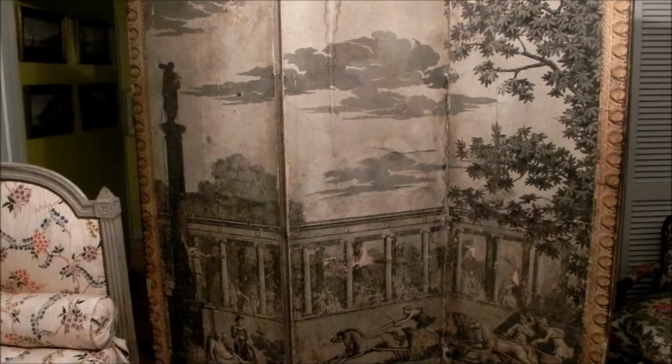Now this, of course, was a much larger panoramic wallpaper series. This is just 3 vertical sections of it. But it was, of course, produced to be used in different variations, and it was not unusual to make folding screens out of them. The wallpaper decorative band with an egg and dart motif in beautiful gold tones and black is particularly noteworthy too. You will notice the wallpaper has condition issues, which is not unusual. Some people just leave them as they are and enjoy the rather romantic patina, and some people can make the expenditure of having them expertly restored. But if you do, make sure you have them restored by a true expert who salvages as much of the